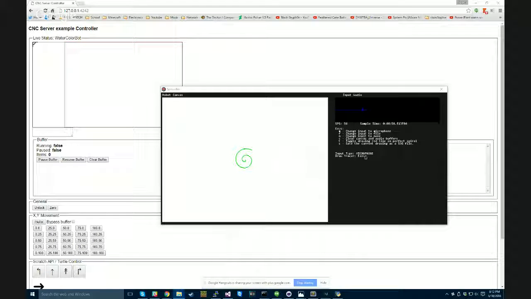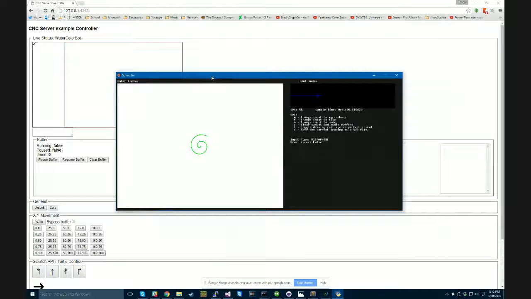All right, we're going to go back to Roger here. Yeah, so this is the software I actually wrote. It's called Spiraudio. It takes an audio source and makes a spiral pattern from the audio data and streams that in real time to RoboPaint, or CNC server, which is built into RoboPaint, and that actually controls the robot. So in theory, I can get this to work. It's actually been a while since I've run this.